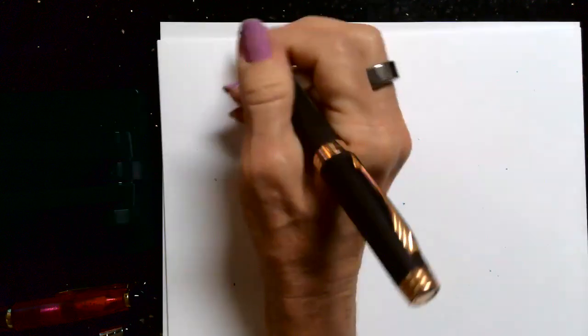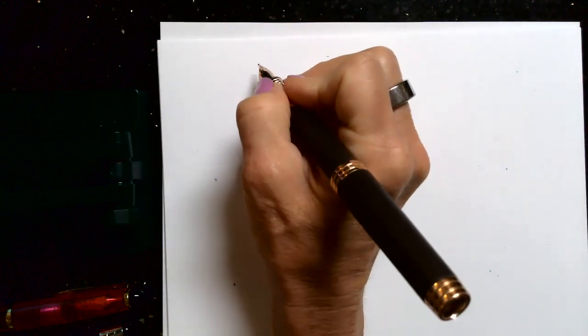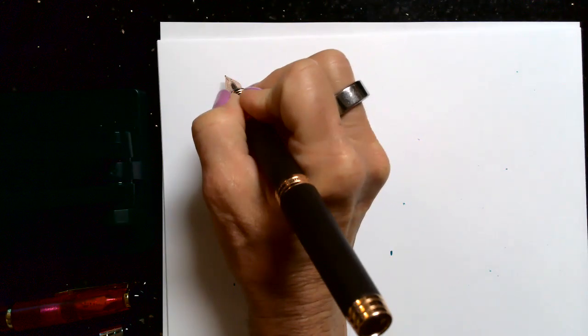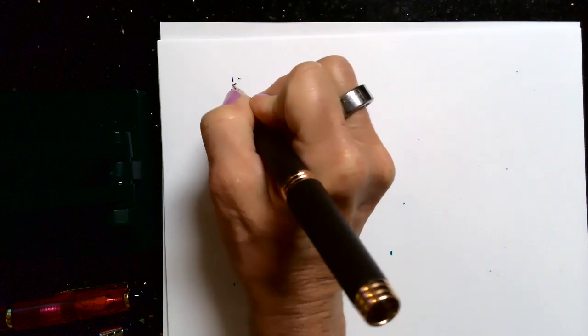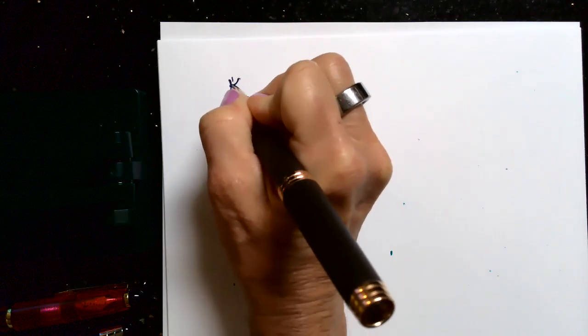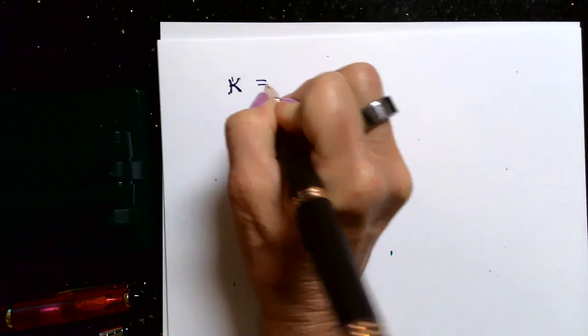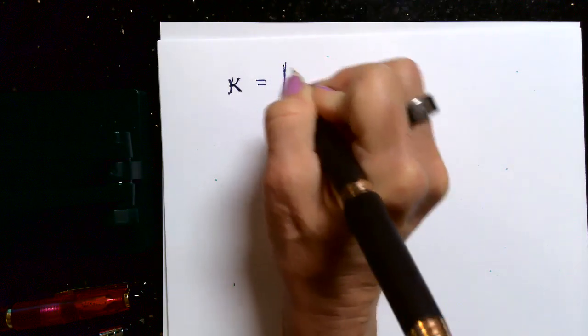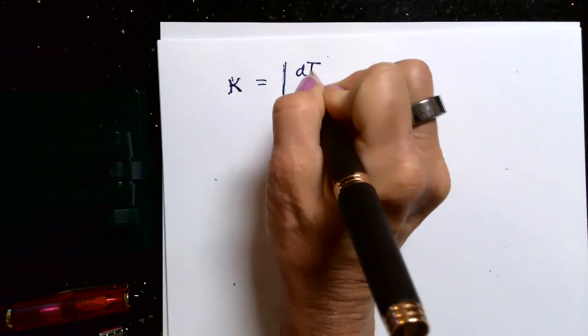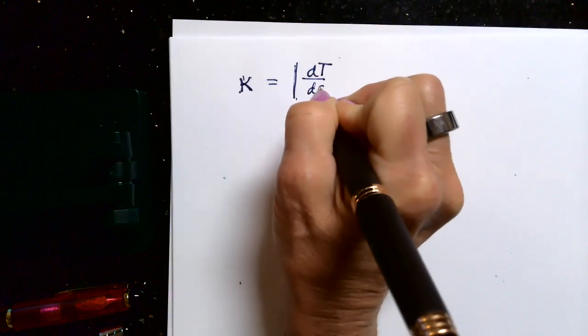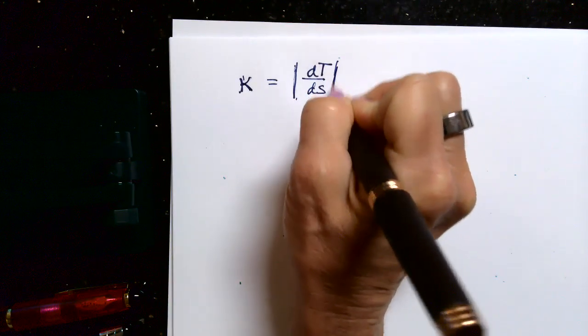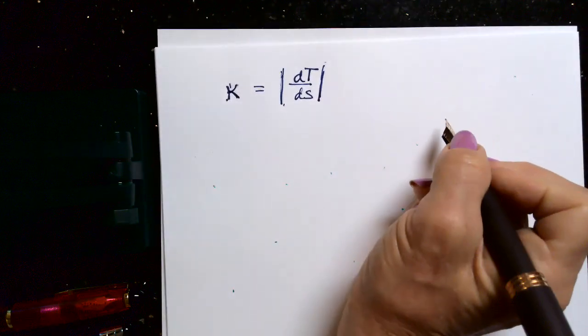Hi, everyone. Okay, last lecture, or last video, I should say, we saw that the curvature, which I'll write as kappa, is defined as the derivative of the unit tangent vector with respect to the arc length parameter. Okay, so